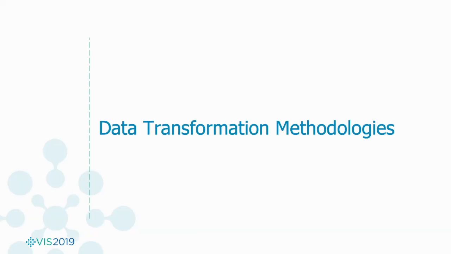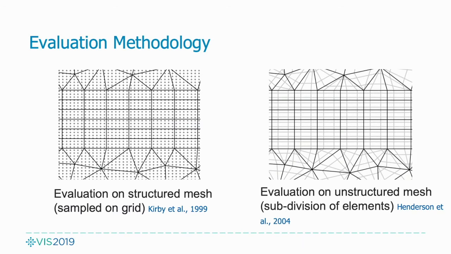So let's review the data transformation techniques that can be used to convert the higher order data into piecewise linear data. The first two methods evaluate the solution at specific locations. In these two methods, the solid lines indicate the mesh elements of the higher order data. For the technique on the left, we choose equispaced points to evaluate the solution